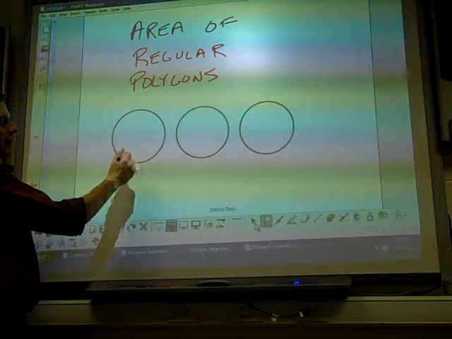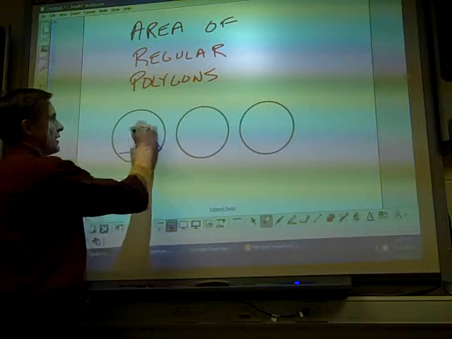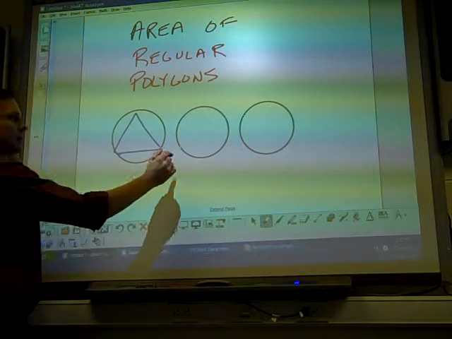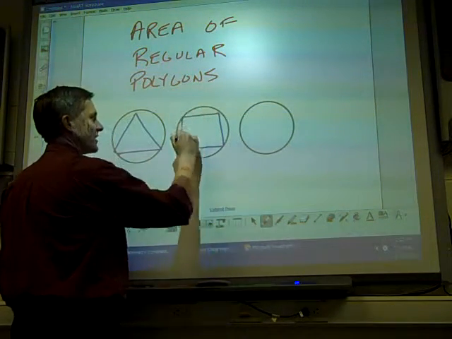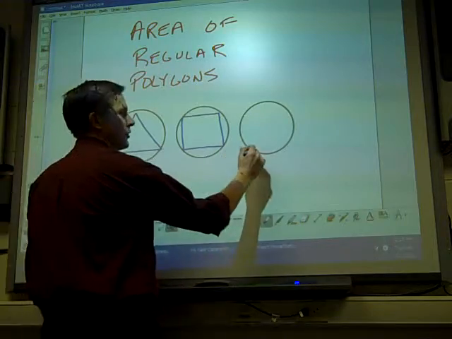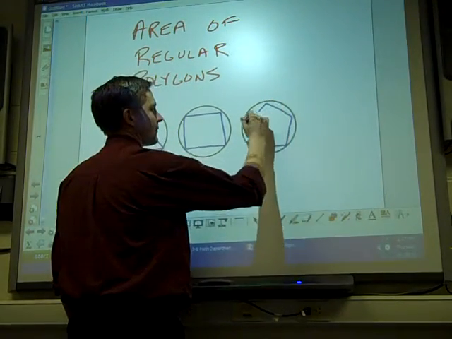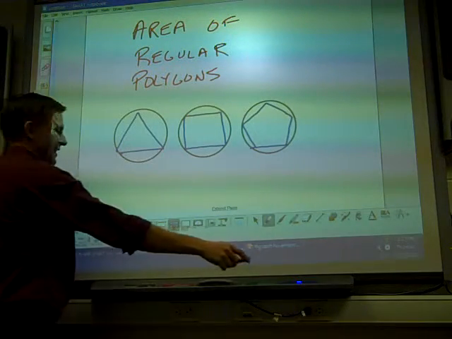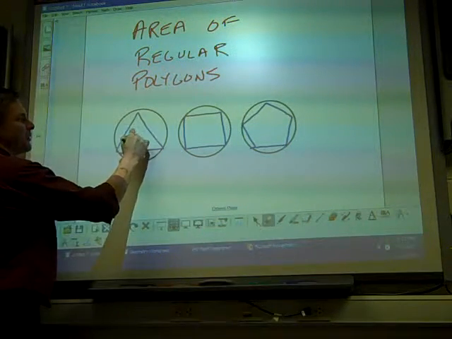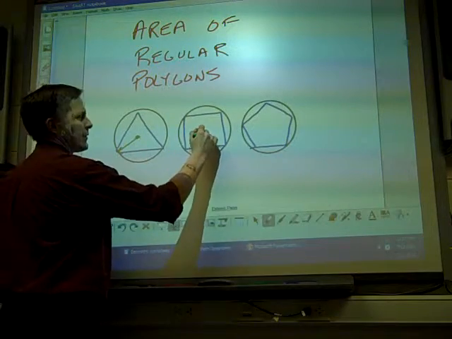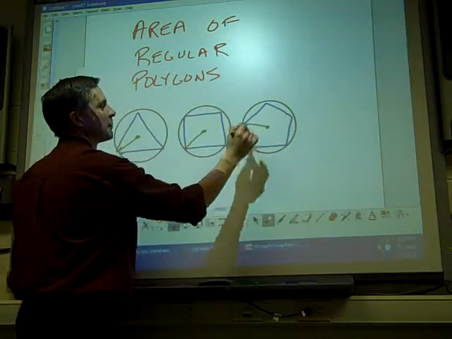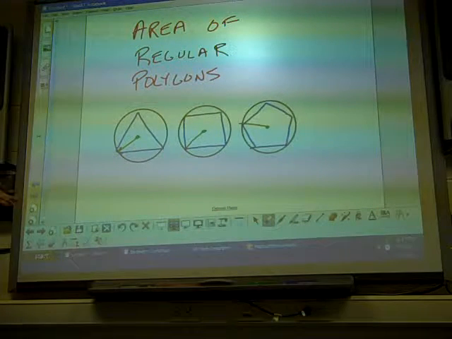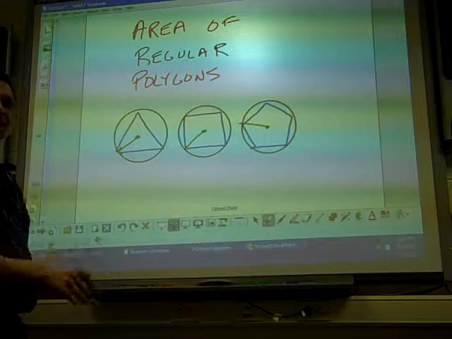But often we use circles to put them in, all right? So the smallest polygon is a triangle, three-sided. We can have a rectangle or a square, four-sided, and we can just keep working our way up. And every time we do this, we can have a measurement from the center of the circle to a vertex of the polygon, and that'll give the radius. That's a measurement we're going to need,